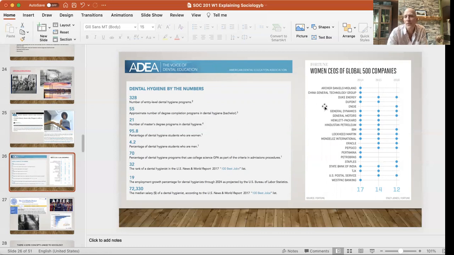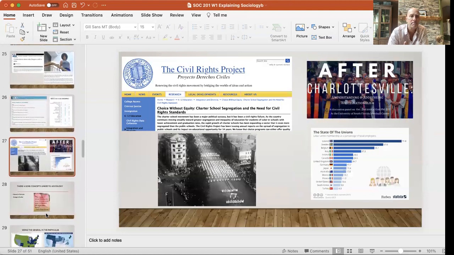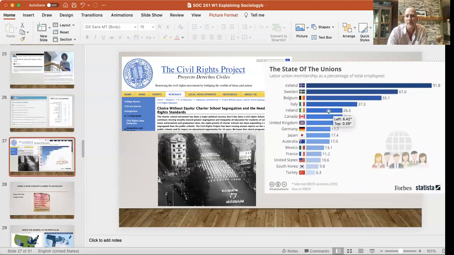Yeah, so here are female CEOs, the number of CEOs of top Fortune 500 companies in the United States. And what year was this? This was in the last 4 or 5 years. And it's like there's some gender disparity going on there. It's trying to understand that. We can get into all kinds of different things too, but these are just different examples. Think about the number of unionized employees in the United States versus different countries.